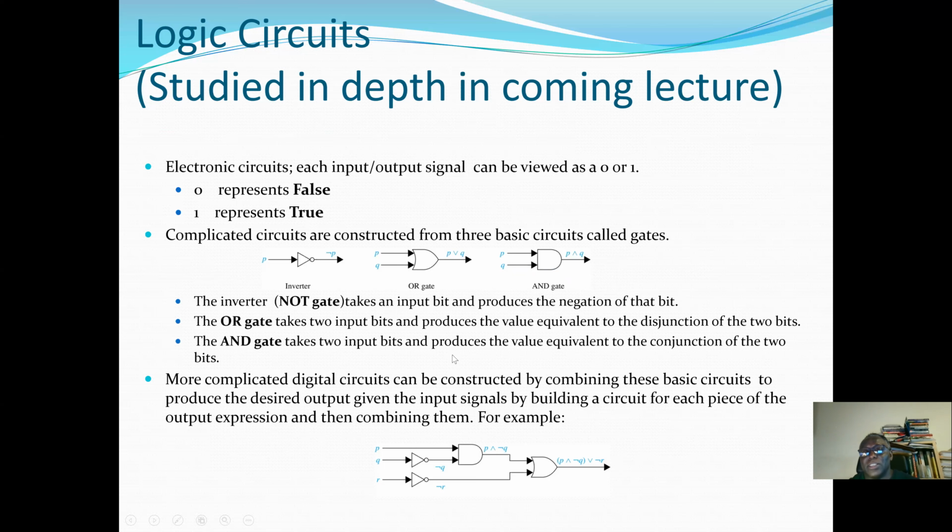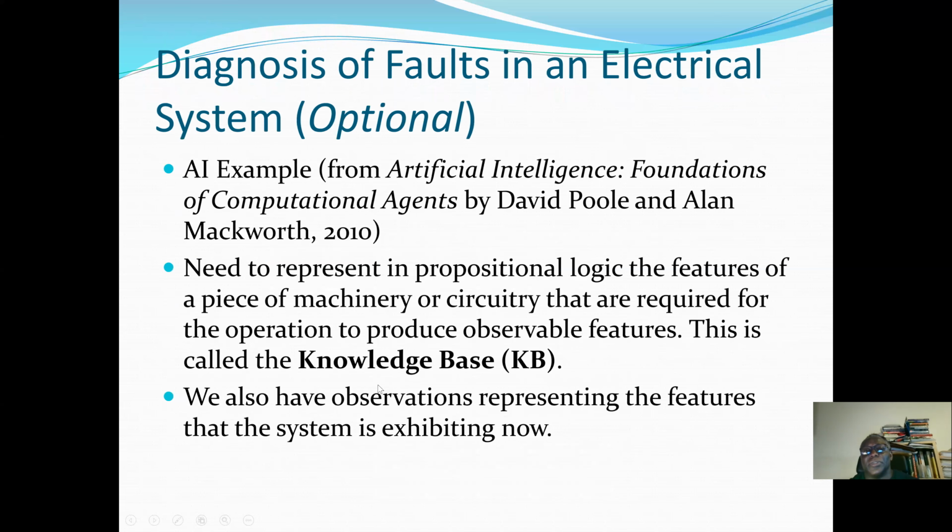So we may discuss this in more detail in the coming lectures. Another application is the diagnosis of faults in an electric system. Here AI stands for artificial intelligence, and this is the foundation of computational agents. So for the AI example here, we need to represent in propositional logic the features of a piece of